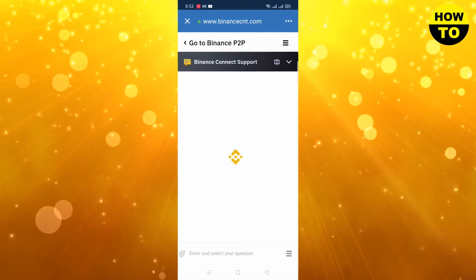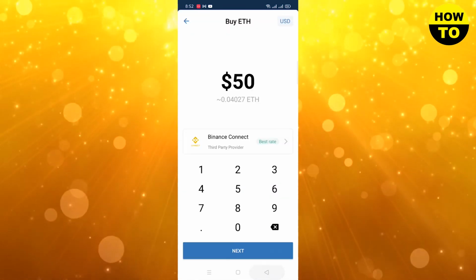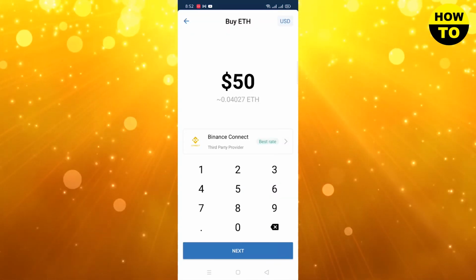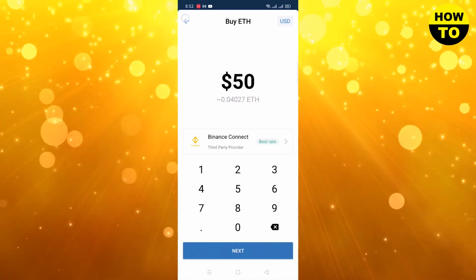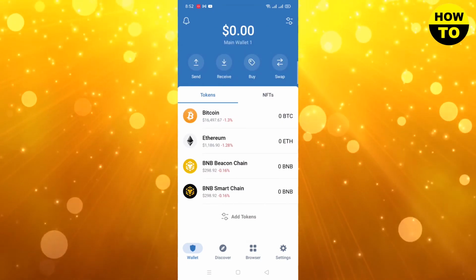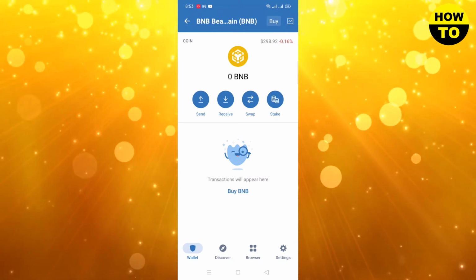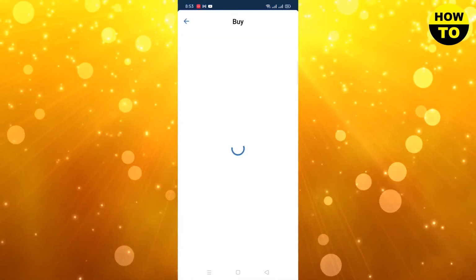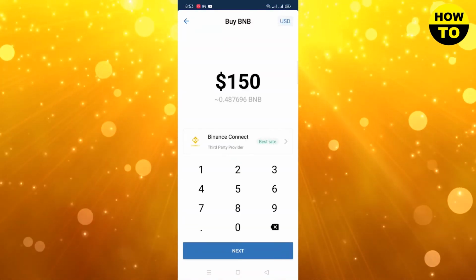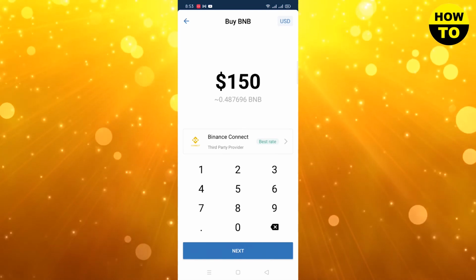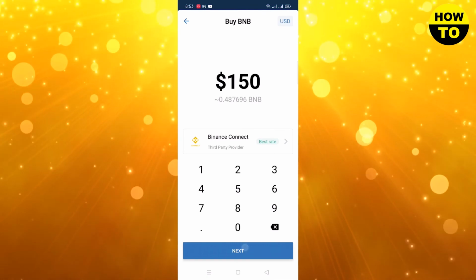Simply log into your Binance application, and if you have an amount in your Binance app, you can deposit money in Trust Wallet this way. Here you can also see BNB. When you open this, click on buy, and in the next step you can see by default 150 amount. You can also buy this from Binance. Simply click on next,